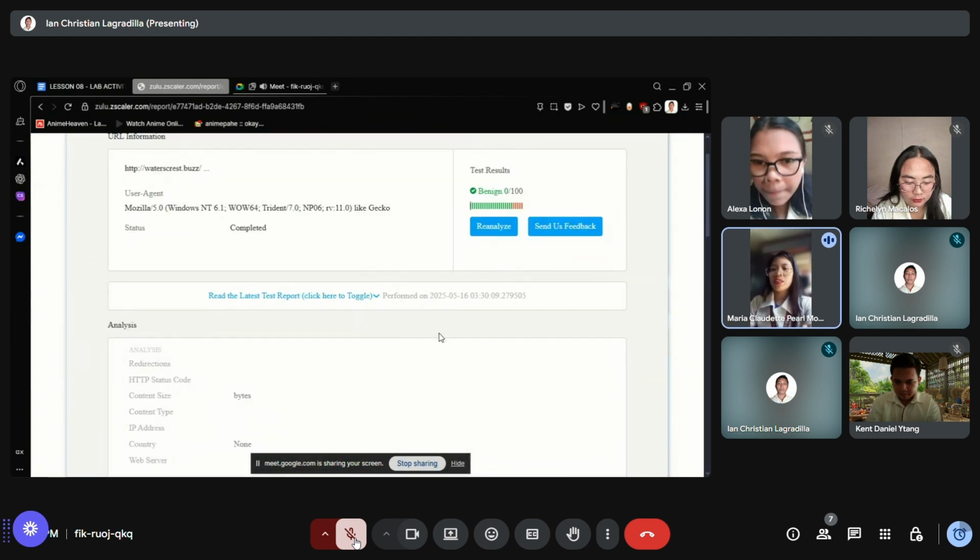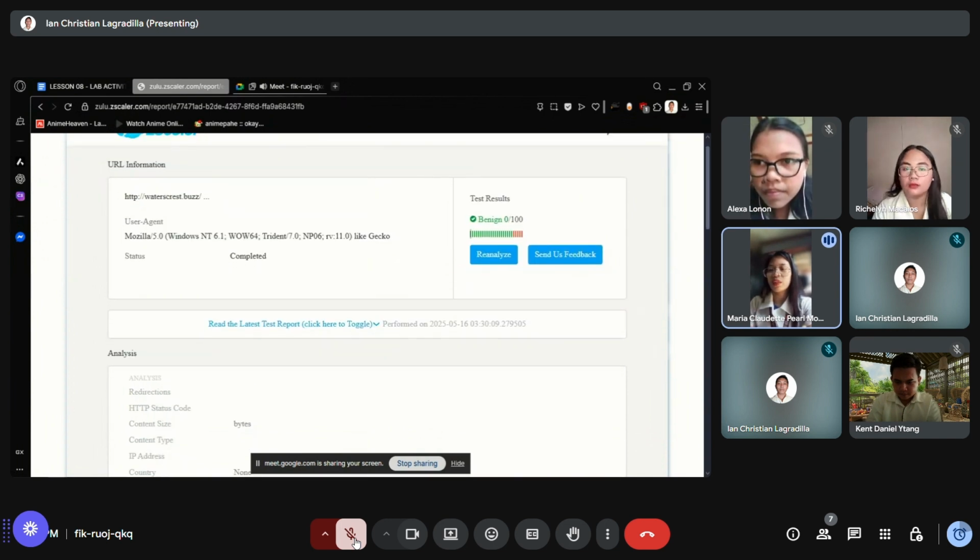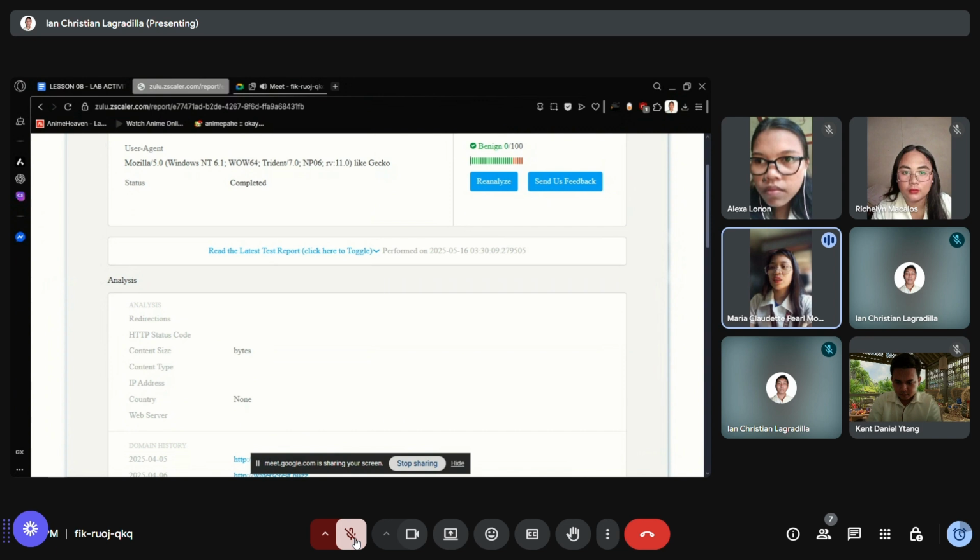As you can see, the result from Zscaler shows that the URL is safe and does not contain any suspicious elements.